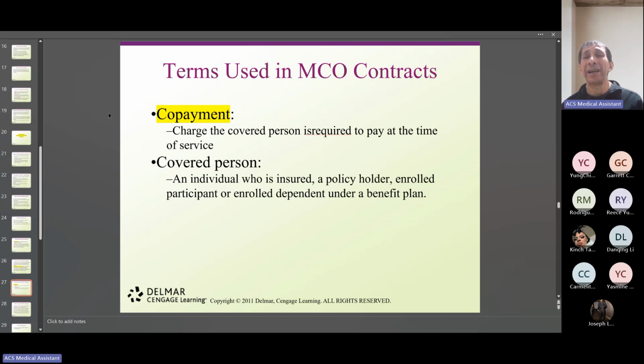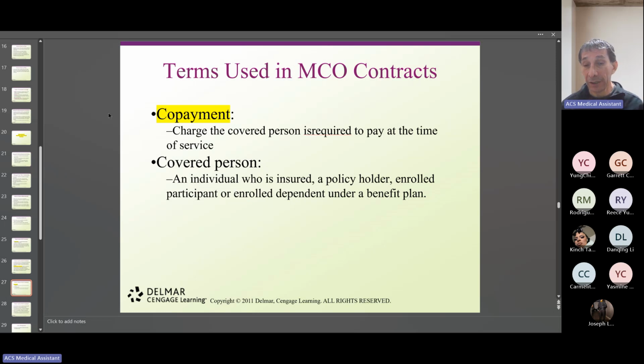Don't tell the patient, oh, we're not going to see you because you're not giving us the copayment. No, because that copayment is going to be billed to the patient. So if the patient doesn't pay the copayment, that copayment is going to be added to the claim form plus the visit. So if it is $15, it's going to be a $15 copayment,